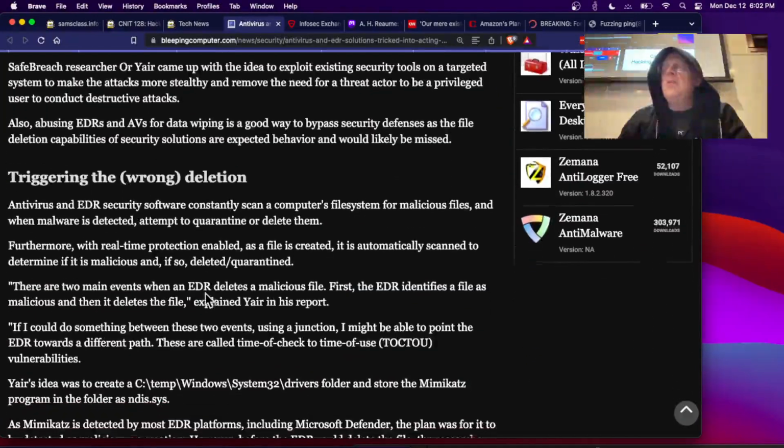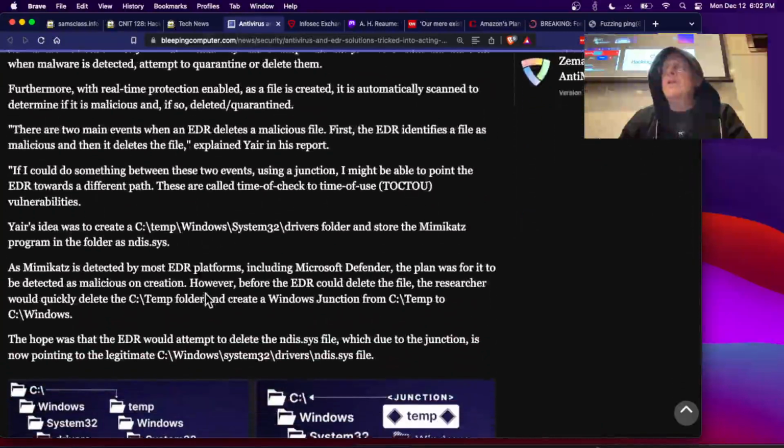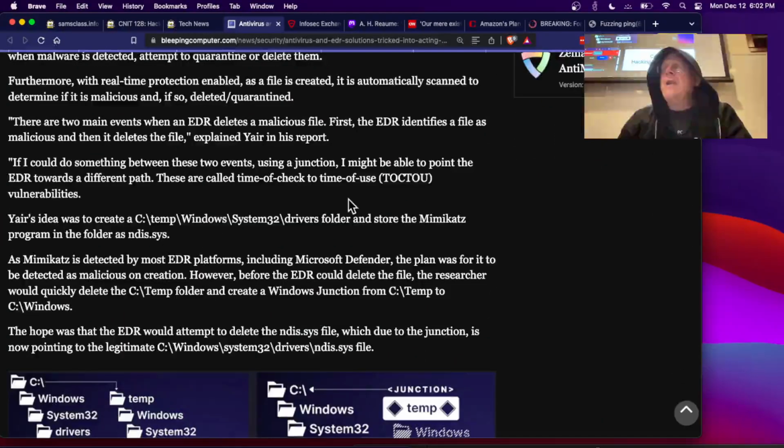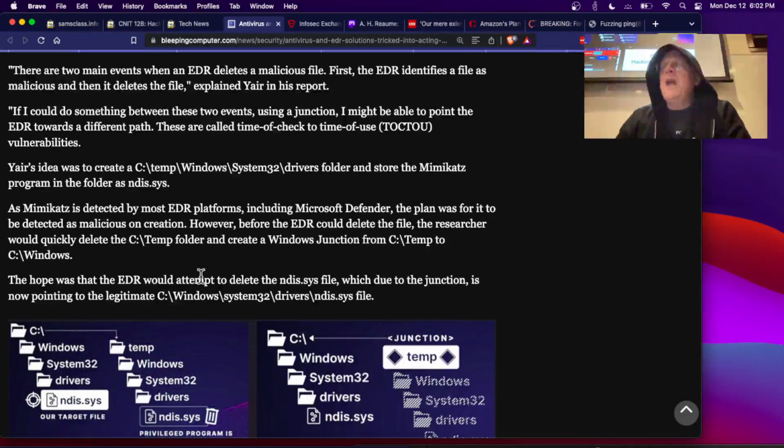And so this one here, what he did, or she, I don't know who found this, was find a way to make it delete something. He created a folder called C:\temp\Windows\System32\drivers, and stored Mimikatz in there. And Mimikatz is going to be detected as a malicious program. And then it's going to try and delete it. The point is that he's going to delete the ctemp folder and create a Windows junction, which is like a hard link from ctemp to cwindows,